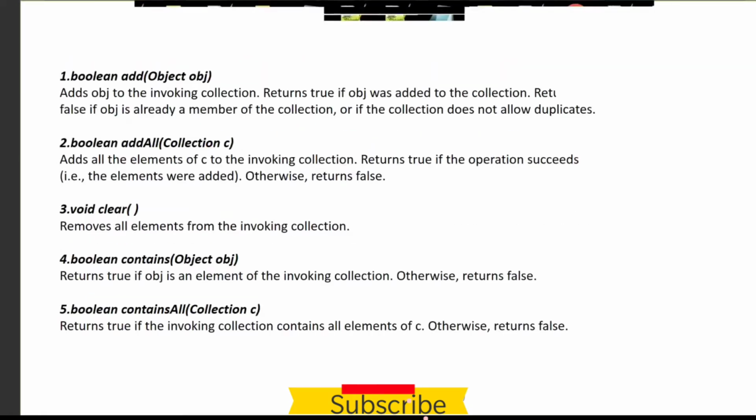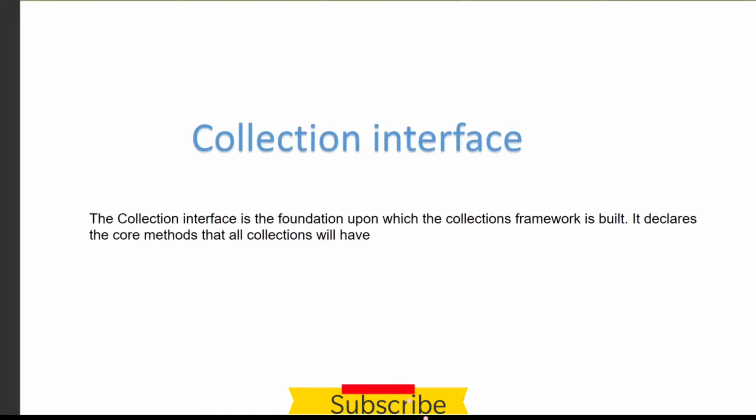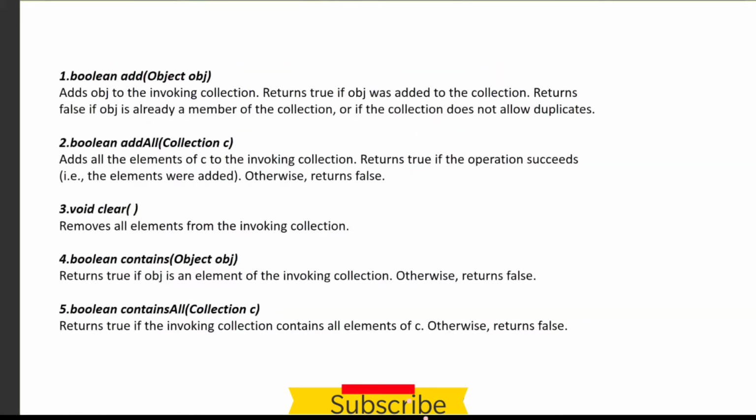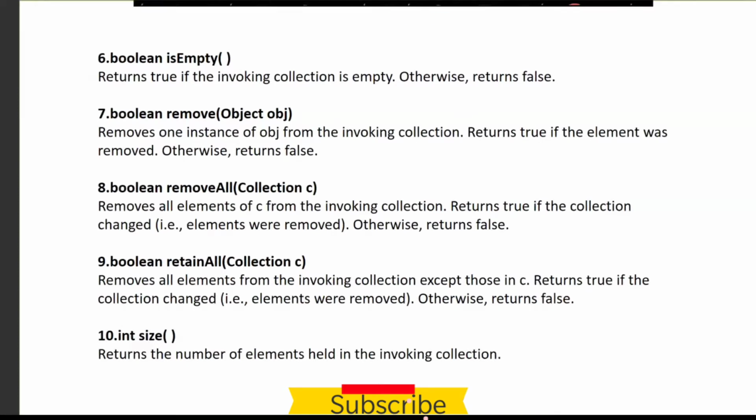Every collection will implement this interface. So let us see the methods which are available by default in all other collections. If you know the methods of the collection interface, you know the entire collection framework methods. So first of all, we should know these methods: addAll, clear, contains, containsAll, removeAll, isEmpty, retainAll, size. These 10 are available by default in each and every other collection. So you now know a partial collection framework which has 10 methods.